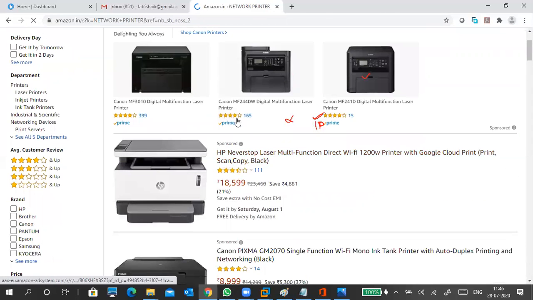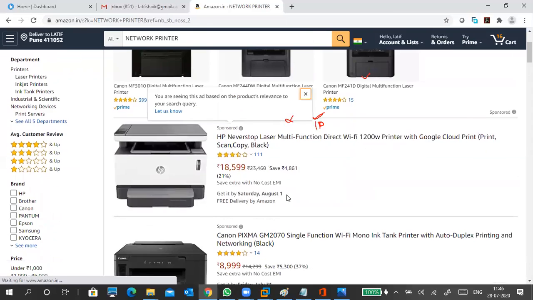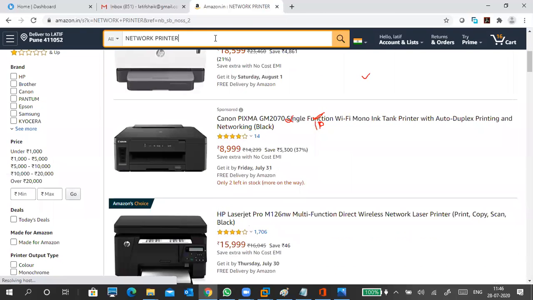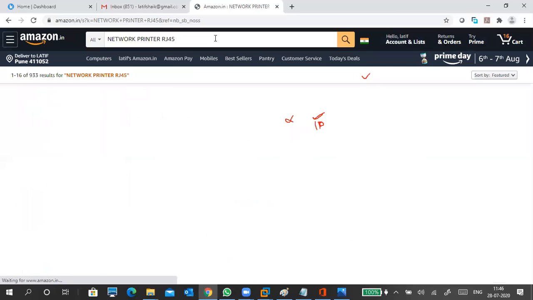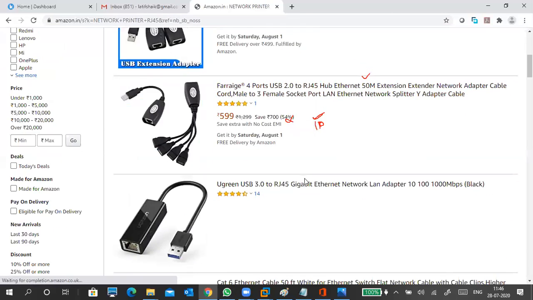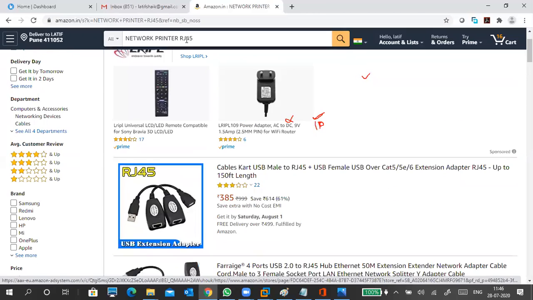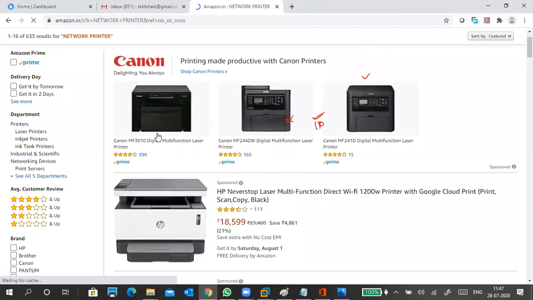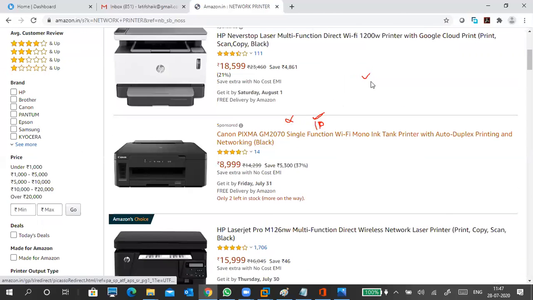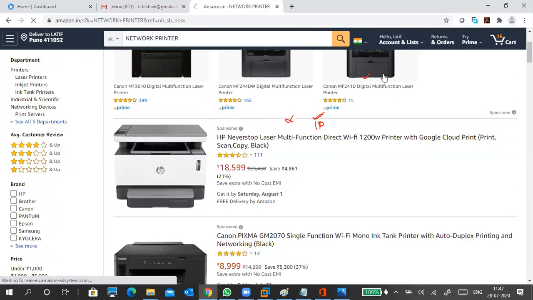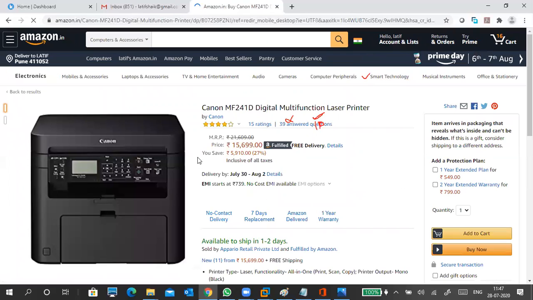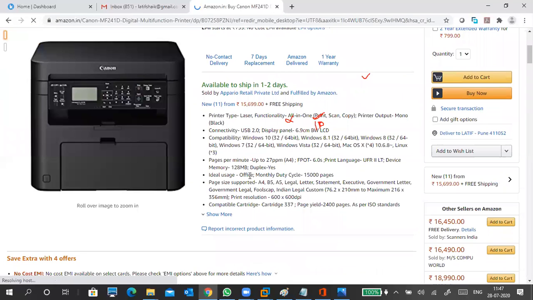So these printers have a direct RJ45 connection. RJ45, the old type, is still used in networks. These printers nowadays we are getting with a Wi-Fi connection also. Some printers